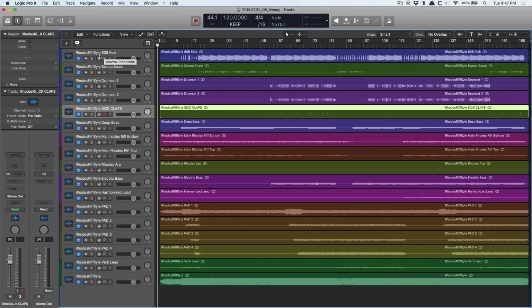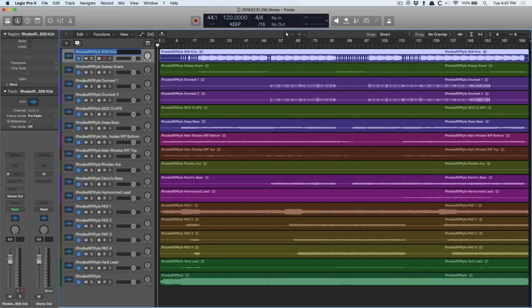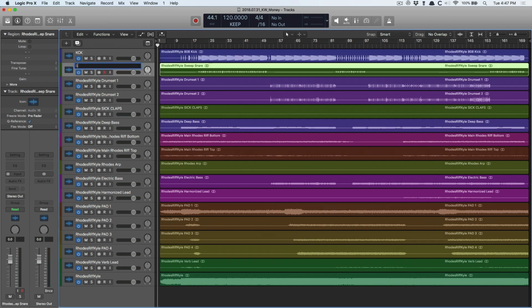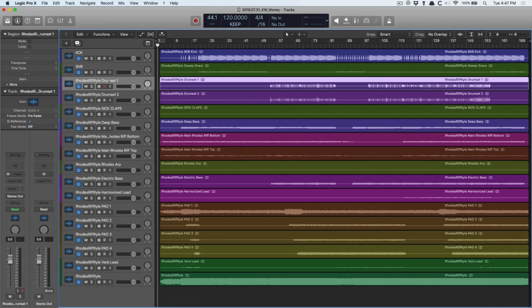So I'll organize the session as such, and then I start to go through and rename tracks. And I have a very specific tactic for this. I try to have each track name not exceed 3 letters, which can be difficult. You know, sometimes I exceed that, but I try to stick with 3 letters. And that might sound hard, but it's not that hard. In this case, we know it's a kick, so I go KCK for kick, followed by SNR for snare. This appears to be the whole kit, so kit 1, followed by kit 2. I know these are claps, so clap,